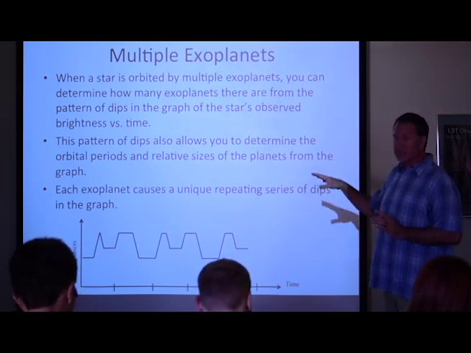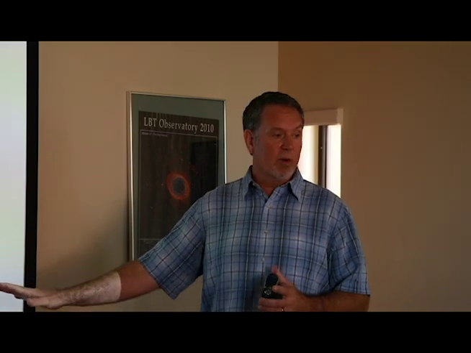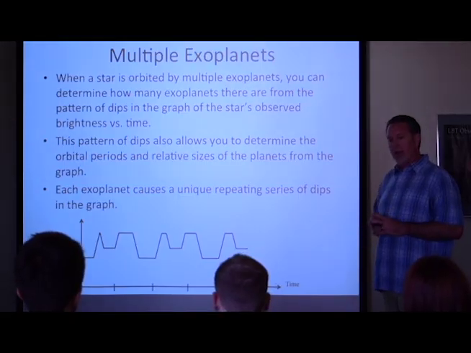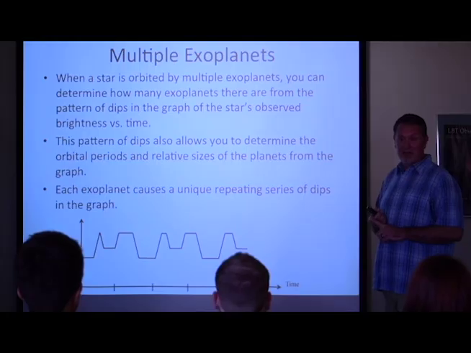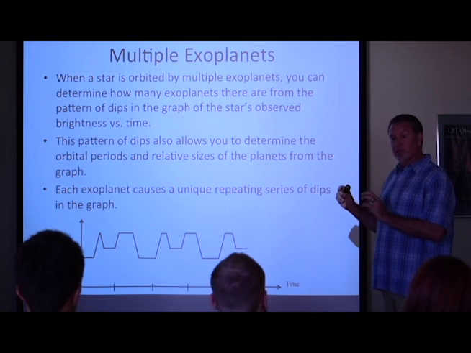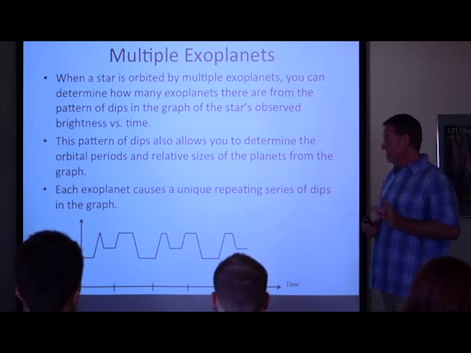This pattern of dips lets you know some things about the planets in a system of planets around a star, a solar system. If this was what we knew about that solar system, I just want you to look at that pattern really quick. How many different planets might be in the solar system, do you think? 2, yeah. One of them is big, and the other is smaller. And you could start even looking at the timing between the dips and the widths of the dips and start knowing some things